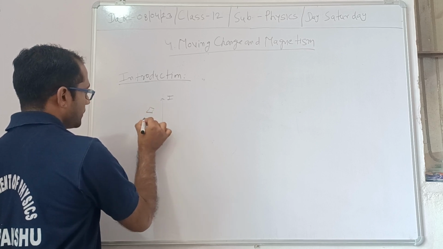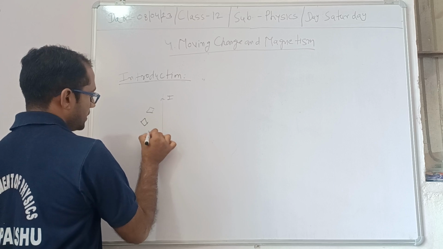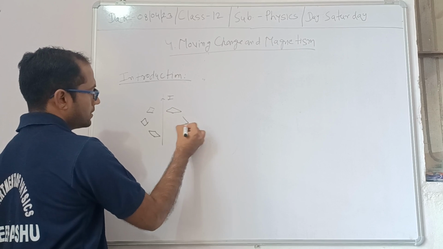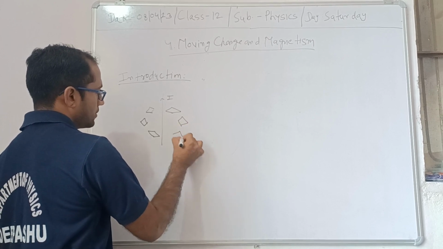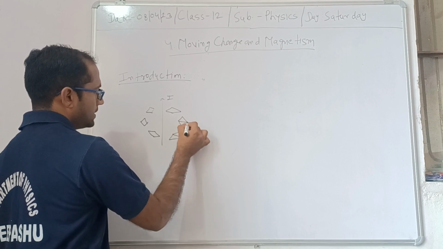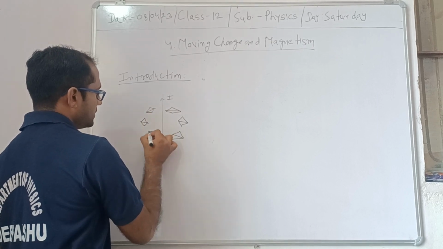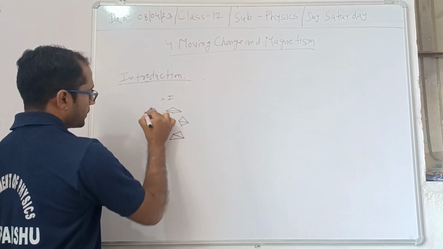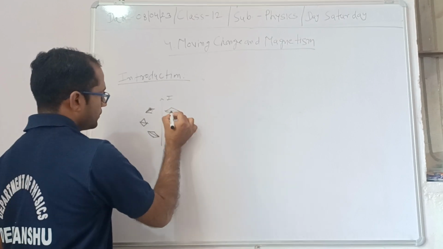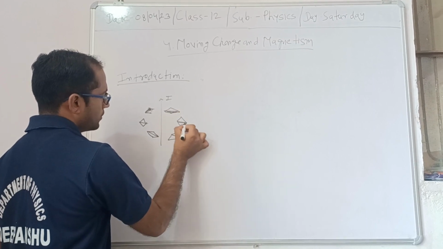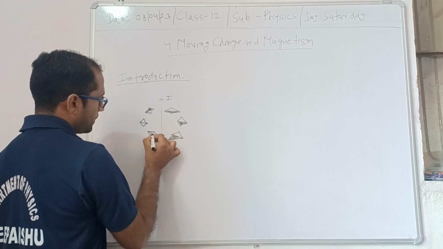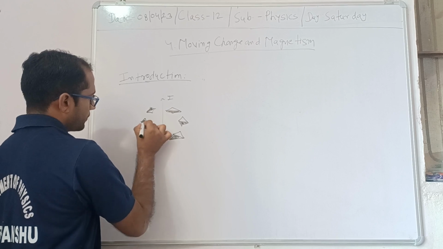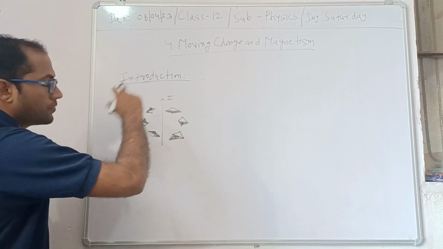this is a compass needle, and this is also a compass needle like this. If we put a compass needle like this, in this case we see that the direction of the compass needle is changed like this. This is circulatory form. This is basically the direction of the compass needle.